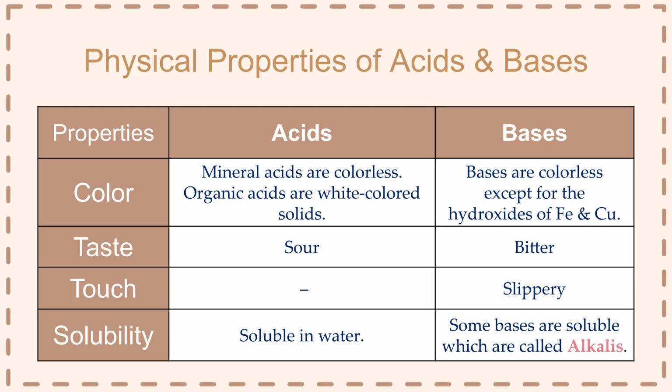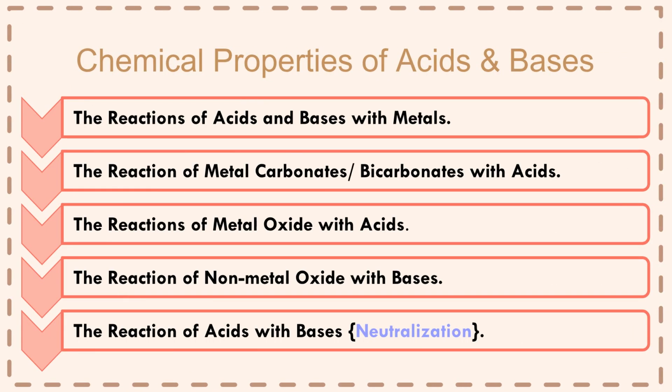This table summarizes the physical properties of acids and bases, including their typical colors, tastes, tactile qualities, and solubility in water. In chemistry, understanding the reactivity of these substances is key. We will explore how acids and bases react with metals, carbonates, metal oxides, and how they interact with each other